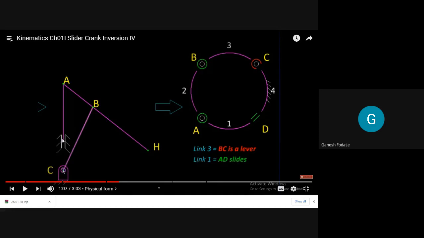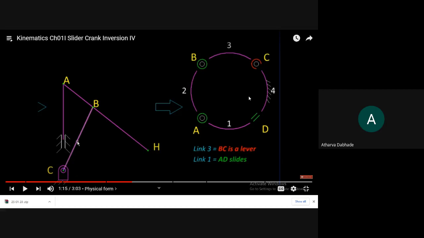So simple inversion, simple mechanism. So this link will make partial rotation. This is nothing but link number 3. You can see here in this diagram, this link number 3 is connected by means of one turning pair on one side and a partial turning pair at C. Here it is having a complete turning pair, but at C it is having a partial turning pair. So it will not make complete rotation, but it is having partial rotation. Link number 3 is nothing but BC. Now, which link makes a complete rotation from this diagram? Tell me. From the circle diagram.